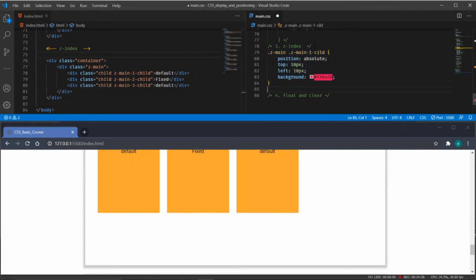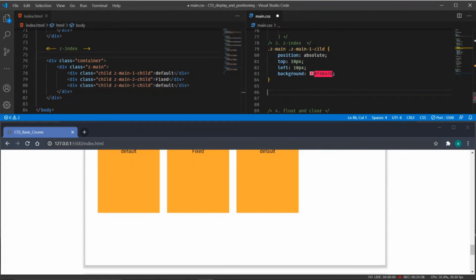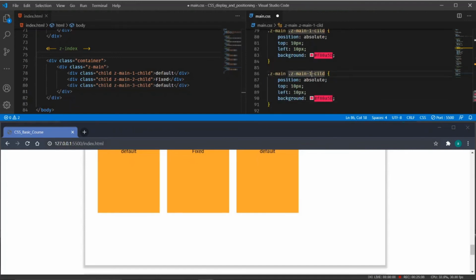Similarly, I will go for the second child, that is z main 2, with a positioning of 40 pixels, 40, and a color of F08AFd,